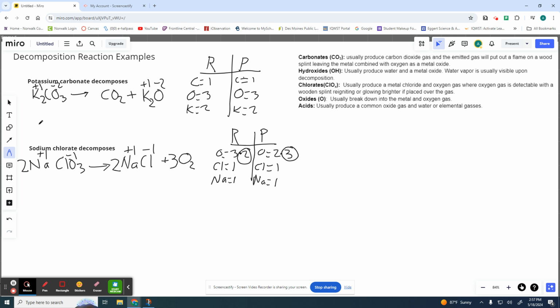If you look on your periodic table, you should see that sodium is 24.31 grams. You should see that chlorine is 35.45 grams. But now there's 3 oxygen. When there's a subscript 3, go ahead and multiply it now because it's part of the compound. So you should be able to take 3 times 16 grams from the periodic table, and you need to total that up. If you total that up and my calculations are correct, you should have approximately